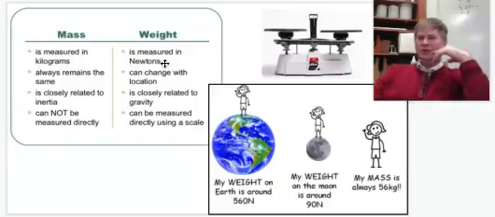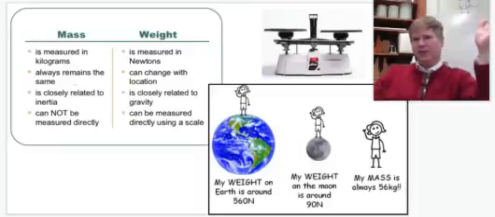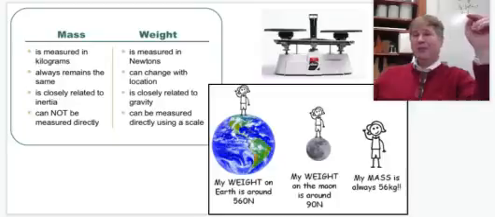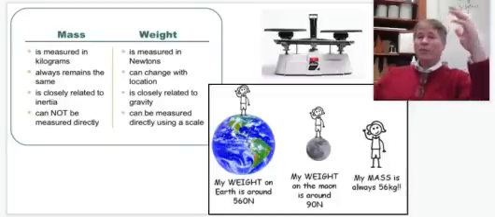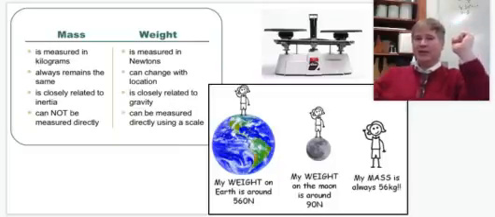Whereas we're going to measure weight in newtons. Mass doesn't change, unless you lose weight or something. But even then, when we lose weight, we're really losing mass. No matter what planet we go to, we're going to have the same mass. We have the same stuff. Stuff is really the matter. Mass is matter. Whereas when we change location, weight is going to change. So different planets will have different weight.